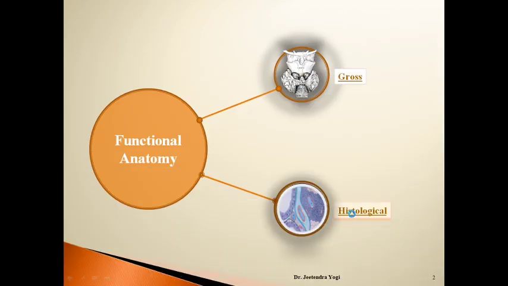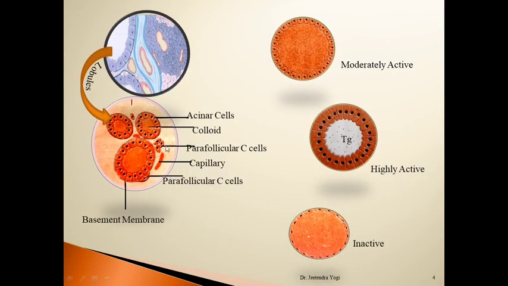Now come to the histological features of the thyroid gland, and that is a very interesting point about the thyroid gland. Each lobe of the thyroid gland is divided into lobules with the help of fibrous septa, and each lobule is made up of a collection of acini or follicles. Each follicle contains the follicular cells or acinar cells that rest on the basement membrane, and these follicular cells border the lumen that contains the colloid of the thyroid gland.